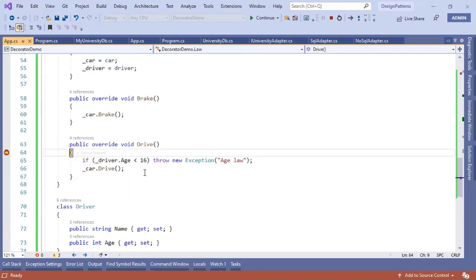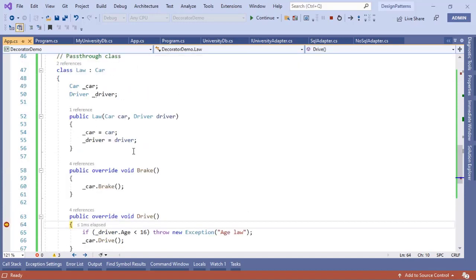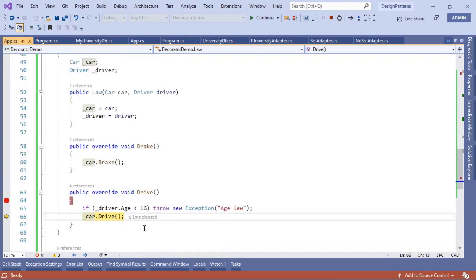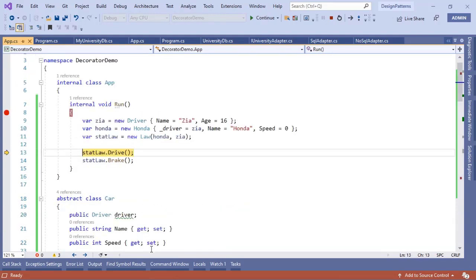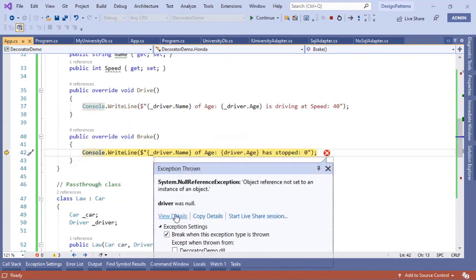Now if I hit F11, I'll be taken to the drive function, but then it is coming from the law class, right? In the law class, I'm going to validate the condition first. If the driver age is less than 16, and this is false, I guess. 16 is not less than 16, so it's going to let it slip through. I should have changed it to 18, but if I hit F5 now,